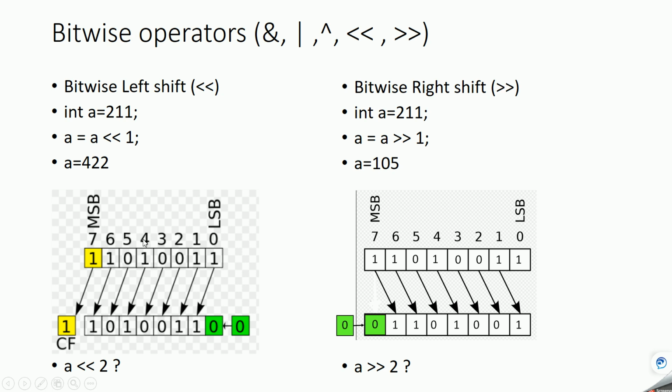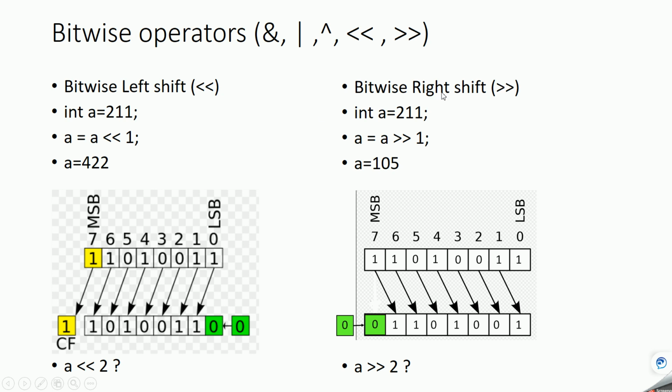Now suppose you want to shift 2 bits. How will you do that? It is your task, I will give it to you as an assignment, but I'll give you the idea. We have already done the left shifting by 1 bit. So you can do it one more time on the result. One time you did it and it came like this, you do one more time on this, so you will get left shifting by 2.